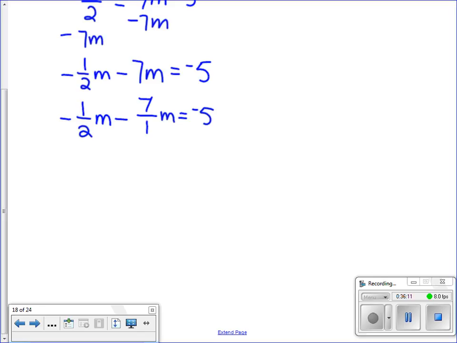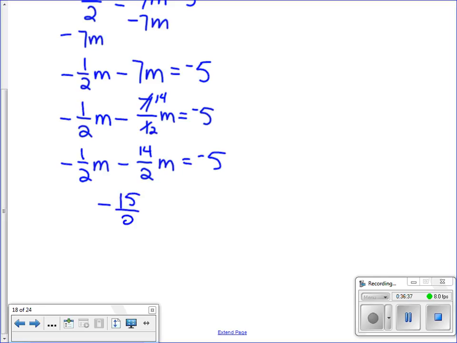Okay, now I need a common denominator. So I have negative 1/2 m minus, and I'm going to make this a 2 and this a 14. Just make it multiplying both my numerator and denominator by 2. So I get minus 14 over 2m is equal to negative 5. Okay, we'll have a negative 1/2 minus 14 halves, which gives me negative 15 over 2m is equal to negative